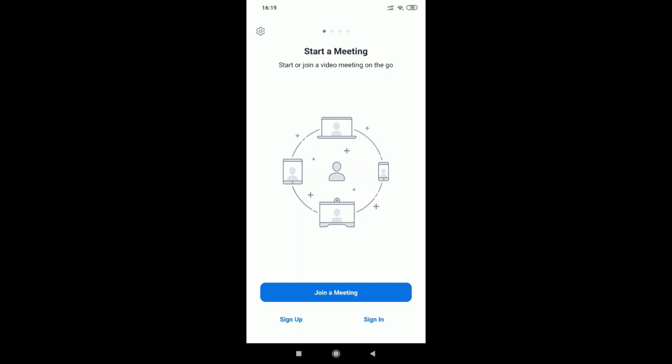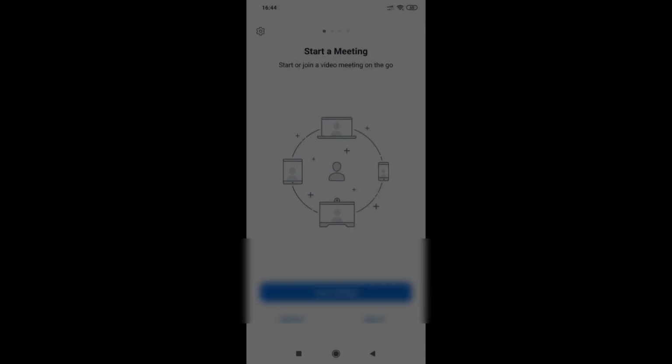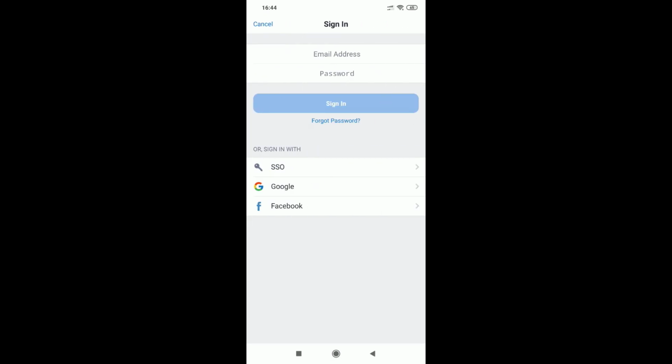There are some options for signing up for a Zoom account. You can sign up through Gmail, or you can sign up through your Facebook account. While signing up, you may need to enter your date of birth, and you have to be very careful because you need to verify that in some other steps also. It's quite easy to create a new account, just like creating some other social network account.